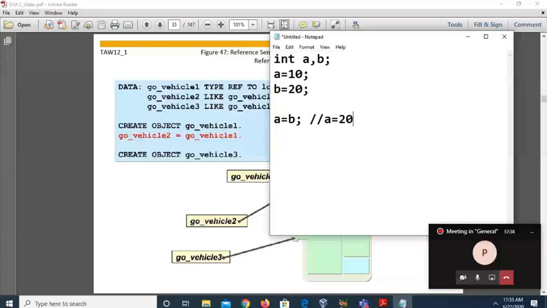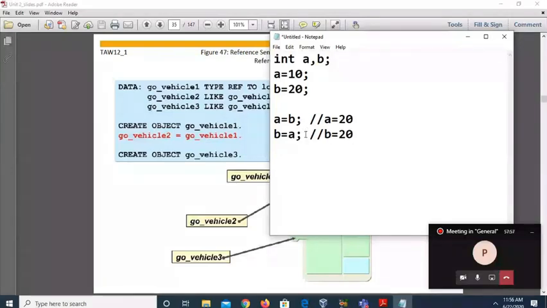Now suppose I am doing b equal to a, then the value of b will be 20, because if these are continuous statements in the same program and we are assigning b to a, the b value is assigned to a. The b value was 20, so a becomes 20.